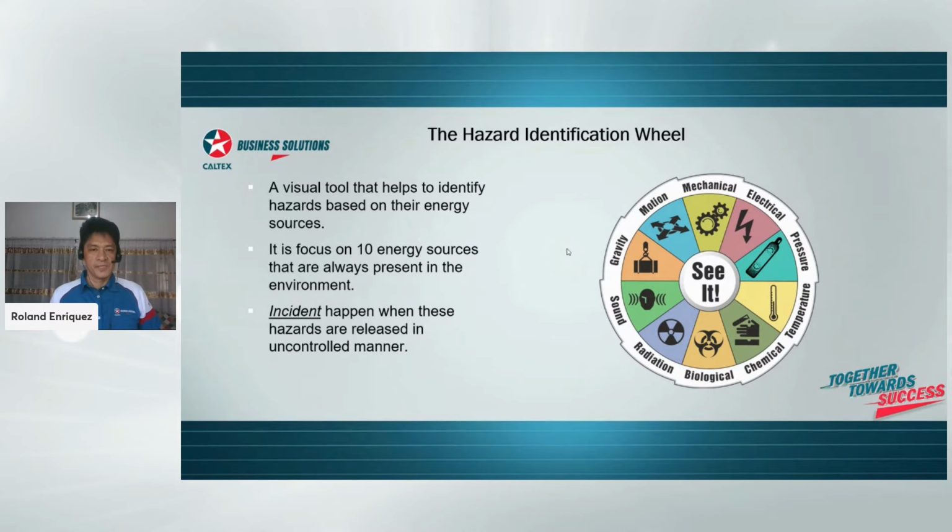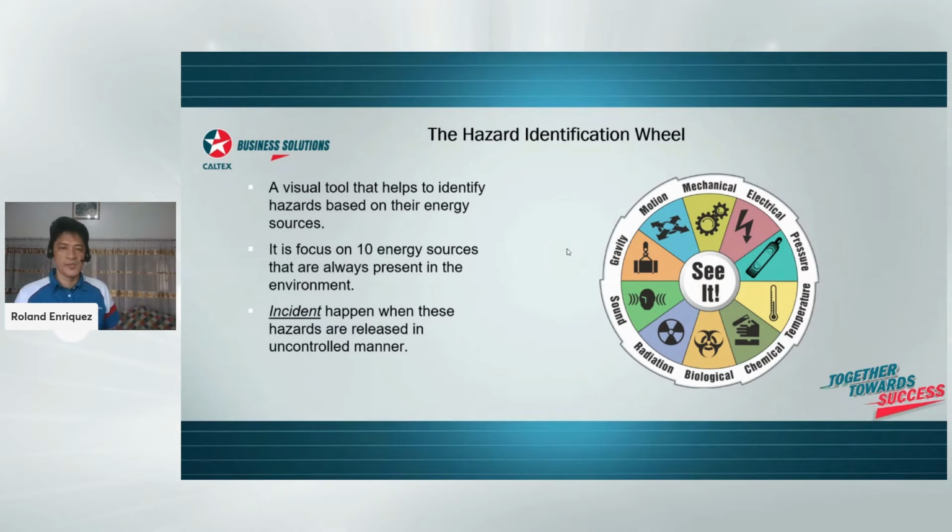Now, as I've said a while ago, managing incidents, preventing incidents, actually the objective is to eliminate them. However, you just need to be careful, right? Because it's more realistic to reduce incidents than really preventing them. And we can do that by managing the human aspect of everything. Because as we all know, whether your system is manually operated or automatically operated, there are still people or workers who are involved in the process, in the equipment, in the execution of certain tasks.